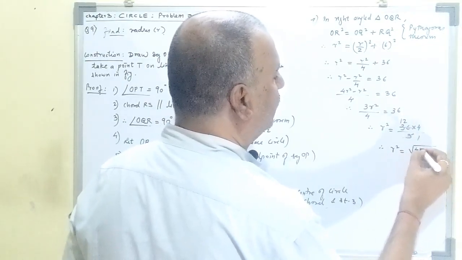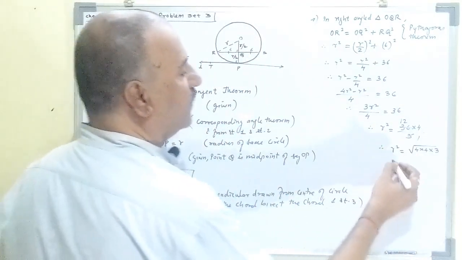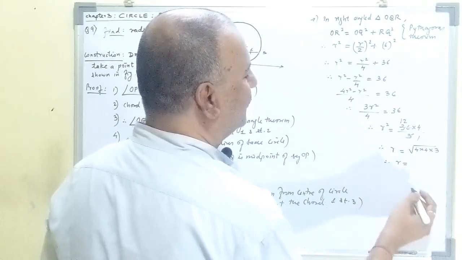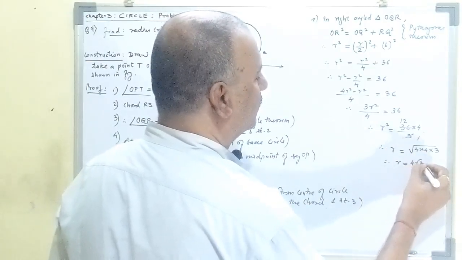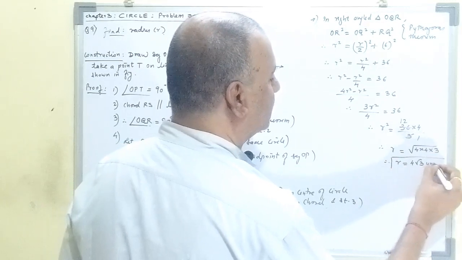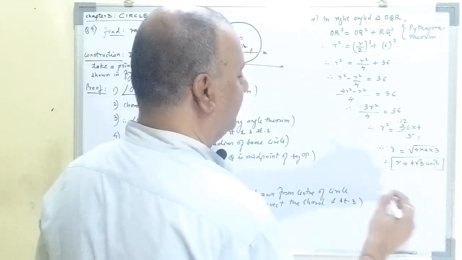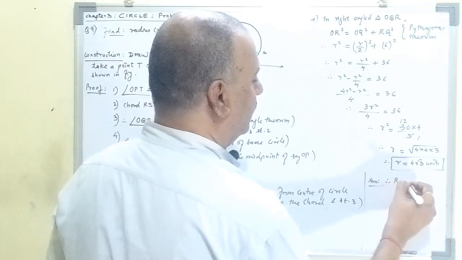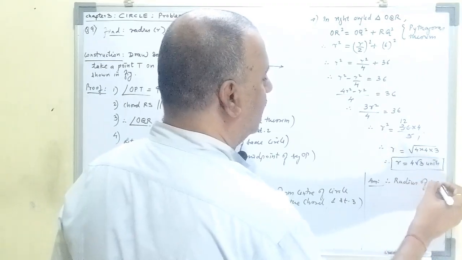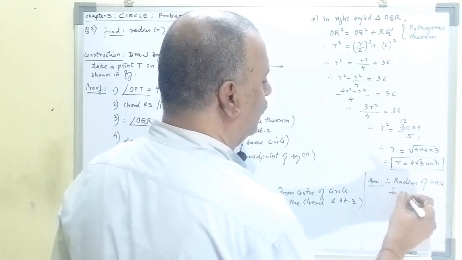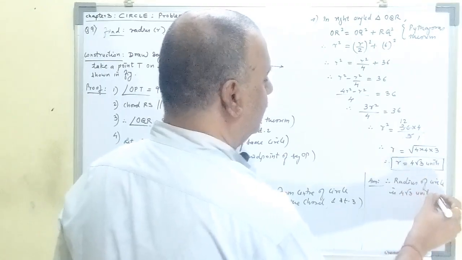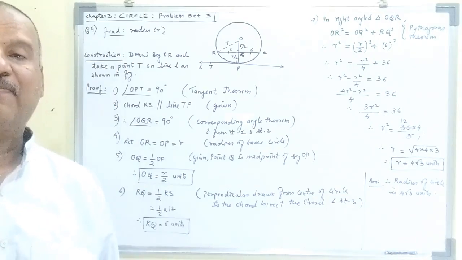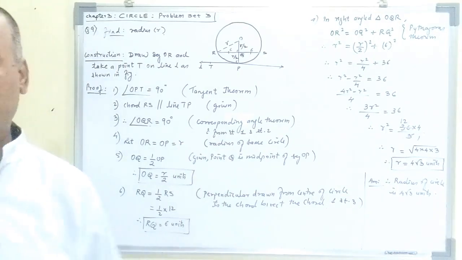या हम कहते हैं 4 into 3. तो r taking square root on both sides, r will be 4 root 3 units. यह है आंसर आपका। Therefore, radius of circle is 4 root 3 units. क्योंकि यूनिट्स क्यों? क्योंकि दे आर नॉट गिवन अस, सेंटीमीटर मीटर नहीं दिया है तो उसको यूनिट्स बोलते हैं।